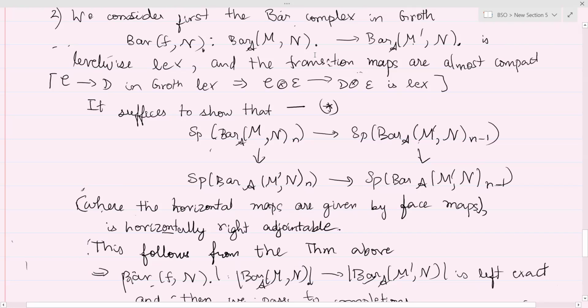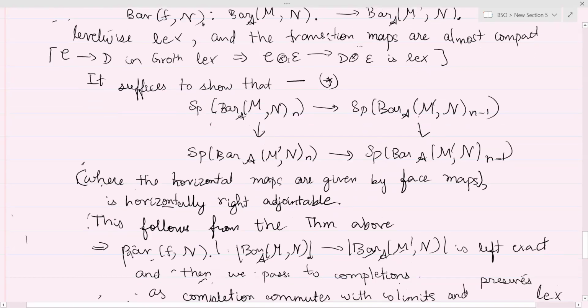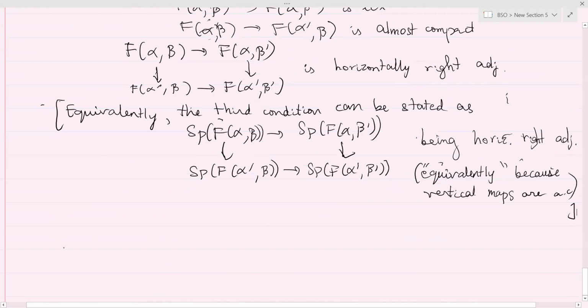Since our other two conditions are satisfied, namely that when we transition from M to M prime, we have a left exact morphism, and when we look at the transition maps of the bar complexes themselves, they have almost compact morphisms. Then showing that these squares are horizontally right adjointable will say that when you move to the column, I realize I haven't stated the result of the proposition. Then